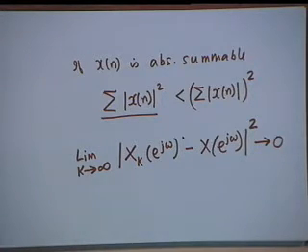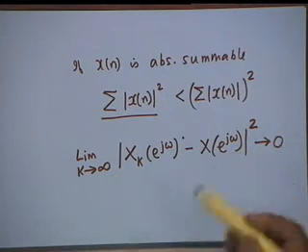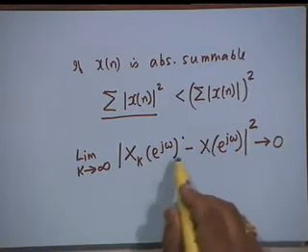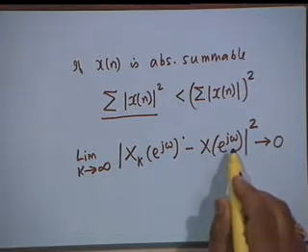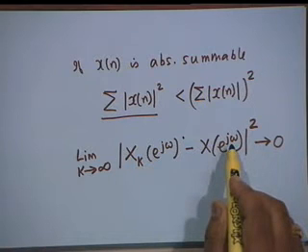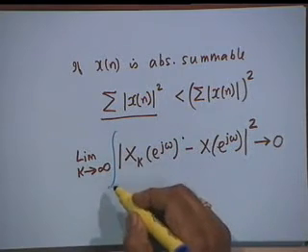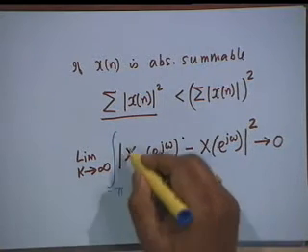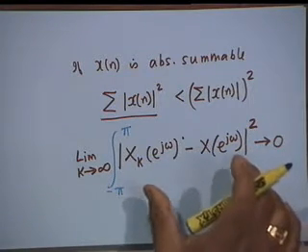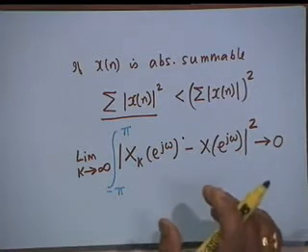Have I written this correctly? I have taken magnitude squared, so the negative sign here does not matter, it is a difference. But then this cannot hold. If this holds at all frequencies, even then the Fourier transform may not exist. We have to integrate from minus pi to plus pi. This is our range of vision, and within this range this error in energy must go to 0.